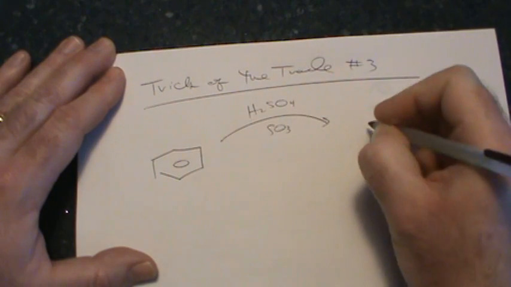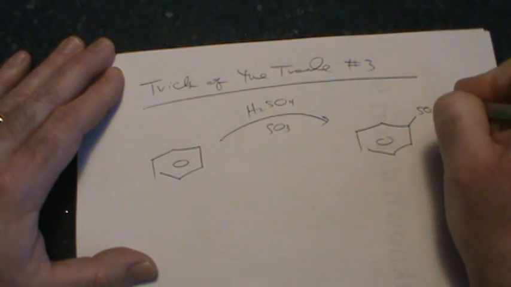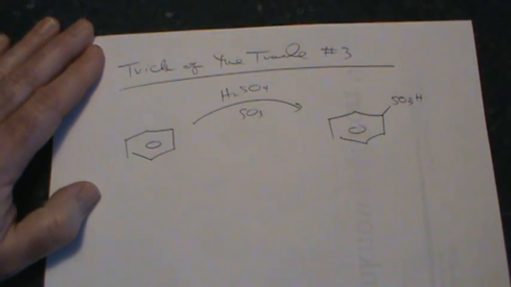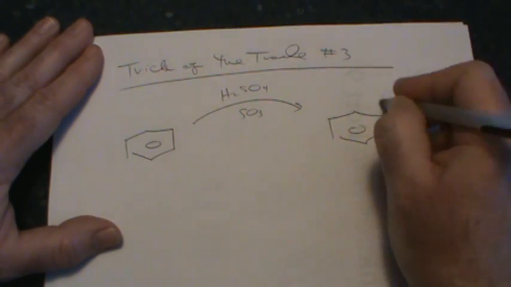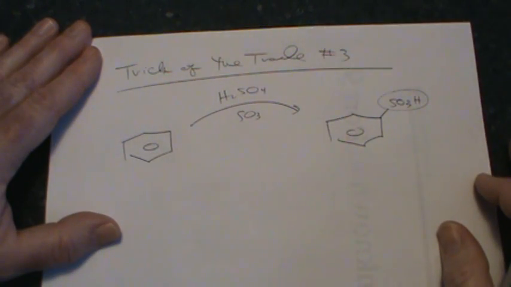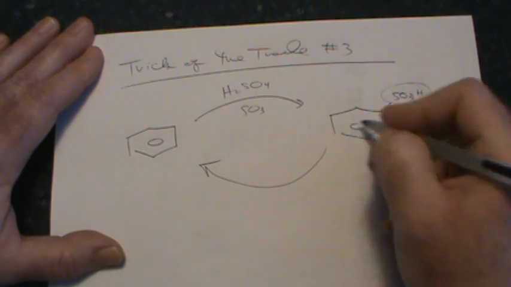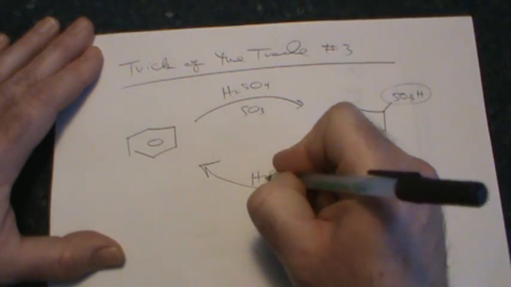They're just knowledge. Trick of the trade number 3 is understanding that one of the electrophilic aromatic substitution reactions we've studied, sulfonation, is actually reversible. That is, you can form the sulfonic acid through the reagents we've discussed, sulfuric acid and sulfur trioxide, and when you take a benzene sulfonic acid and you heat it up in the presence of H2O,